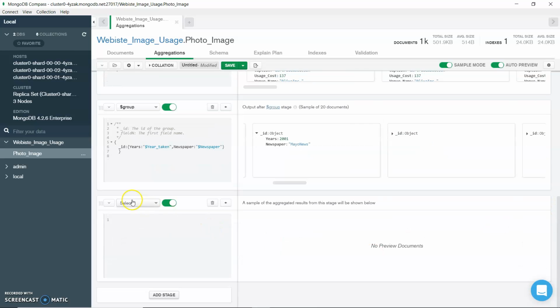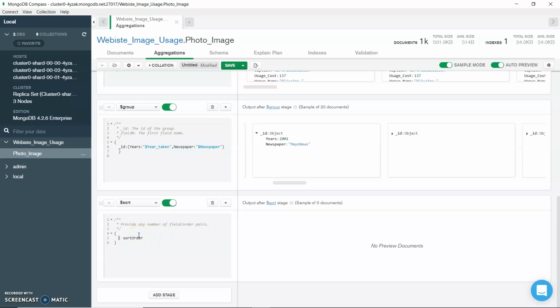So we need to go to here, sort. Here we can see that we need to give the field name and sort order. Sort basically arranges the result in ascending or descending order. If you set the order to 1, it will set the documents in ascending order. If you set to -1, it will set the documents in descending order. So in this case I will be displaying the year from 2010, 9, 8 and so on.